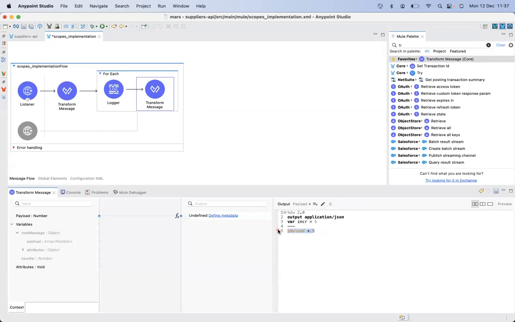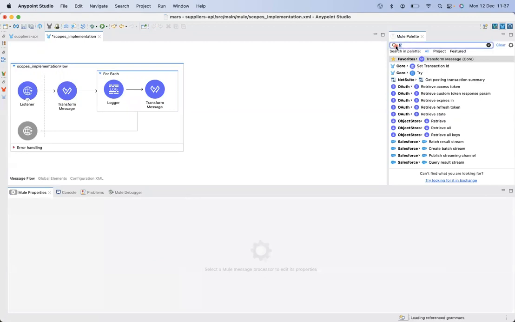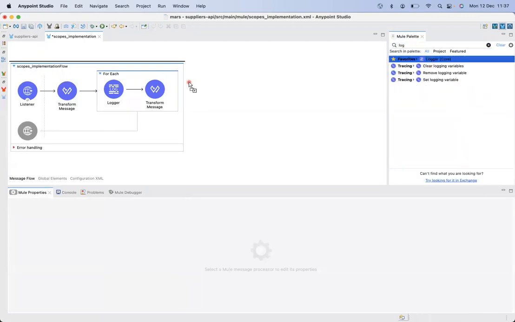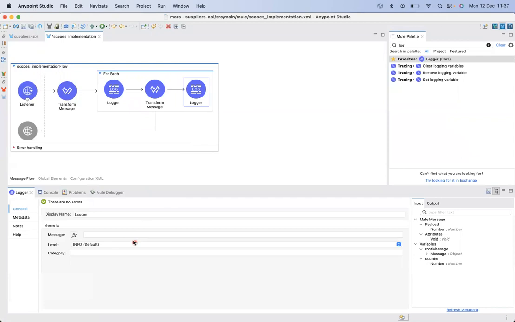So it is going to provide a result. I want this as a number. And after that, add one more logger. After increment,